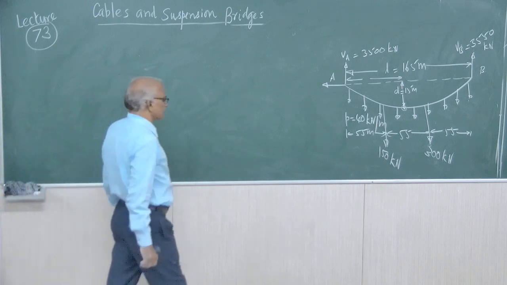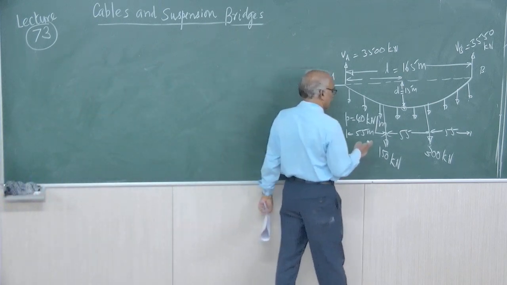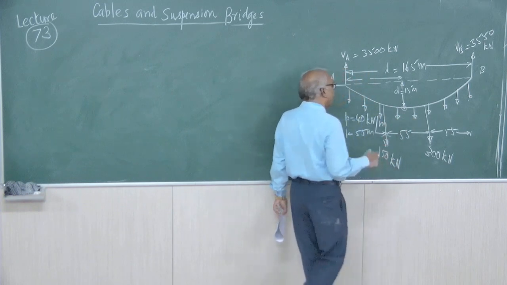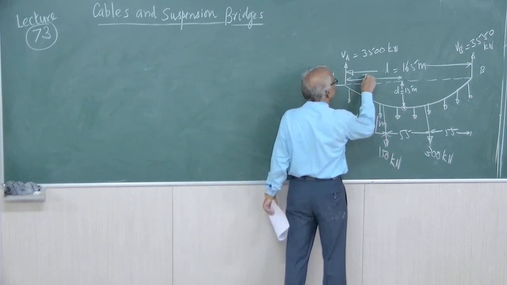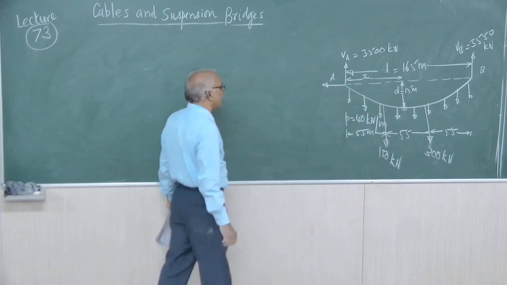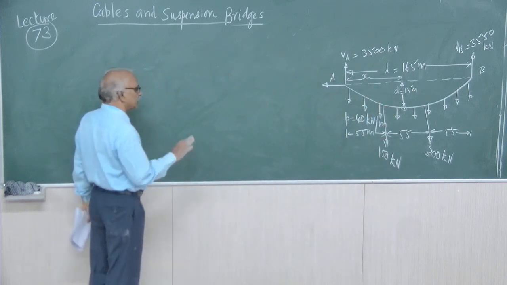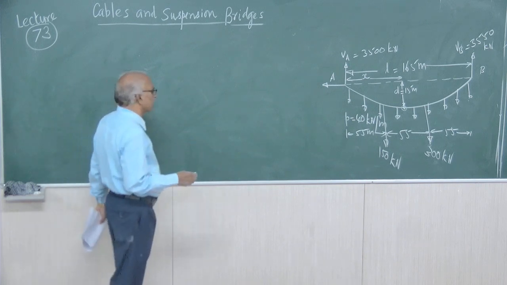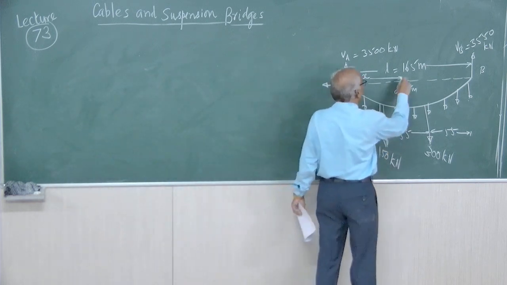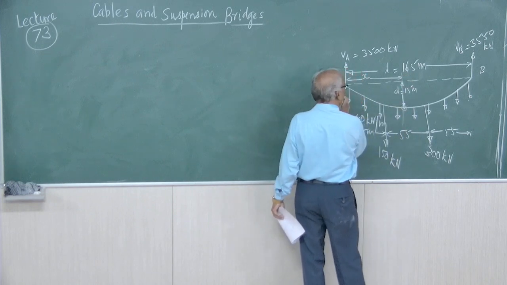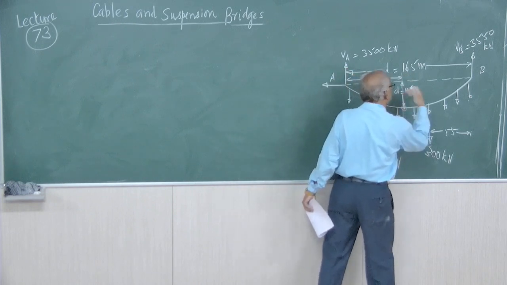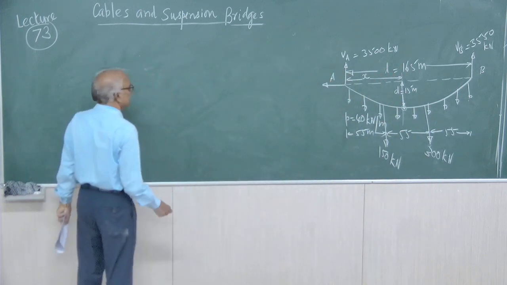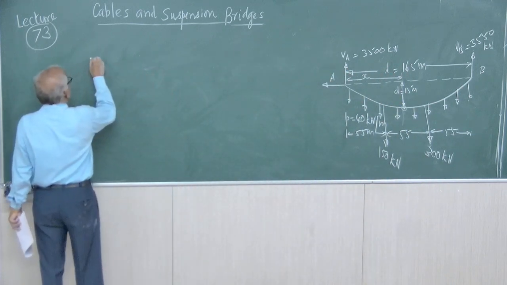Let us assume that, of course, it is obvious, there are only two loads. The maximum dip will occur between the two points. Let it be at a distance of x. We do not know. At the point of the maximum dip, V equals 0. So let us consider the equilibrium of the left hand side of the cable. We want V equal to 0.